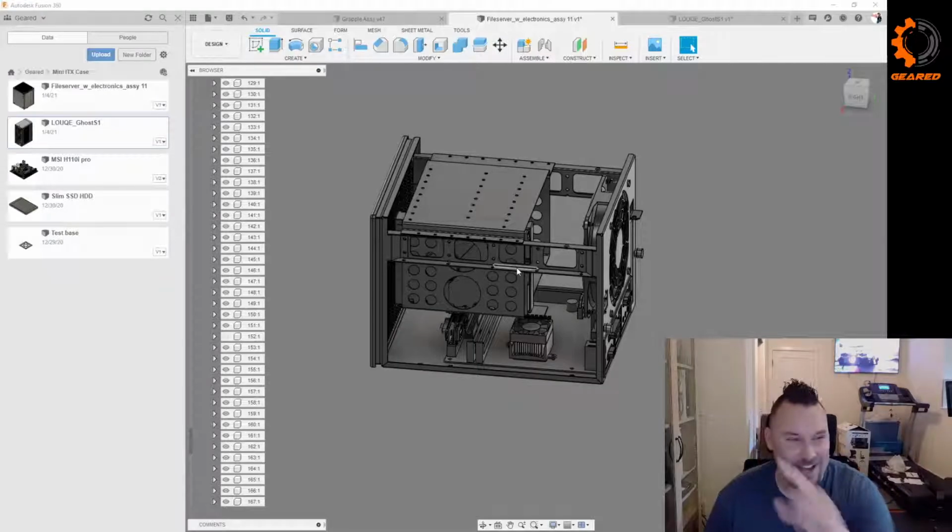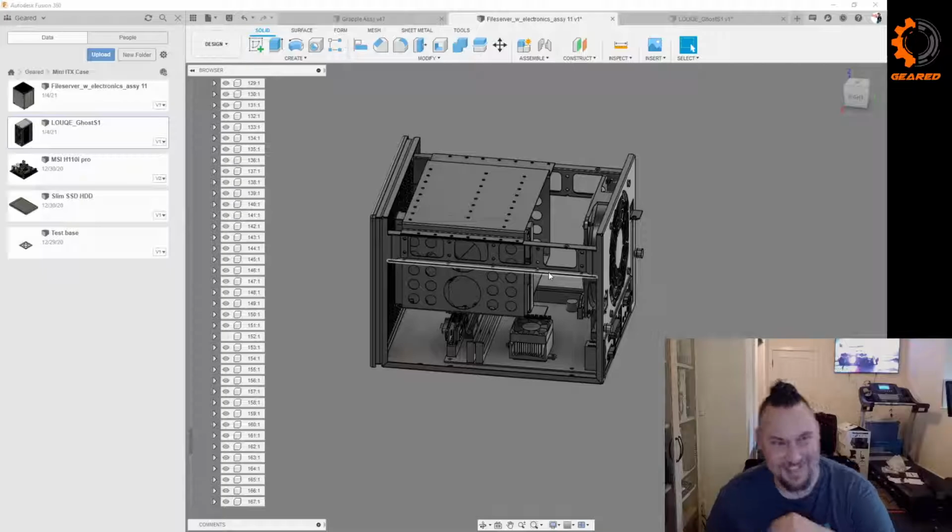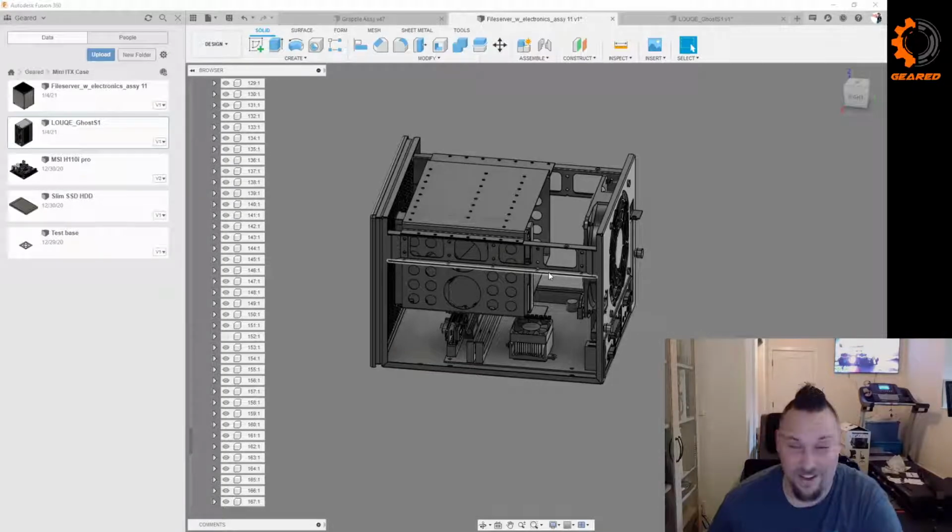Need square tubes. I was waiting for you to say that, man. I knew you were going to say it needs square tubes, and I thought about it because I've got a pile of it sitting there, but it's all 1-inch square tube, which would just be massive for this little tiny PC. But I was waiting for you to say that,